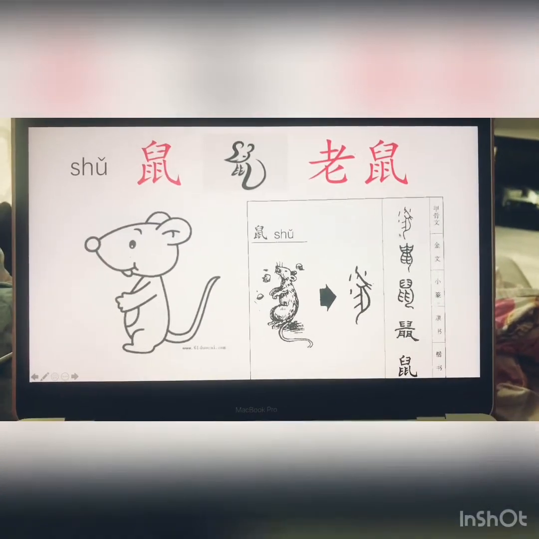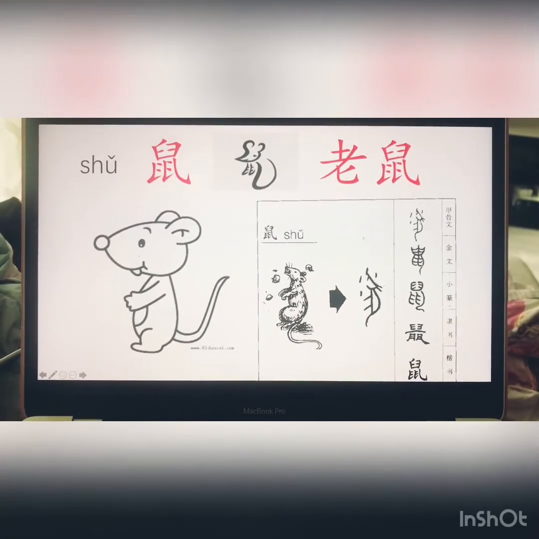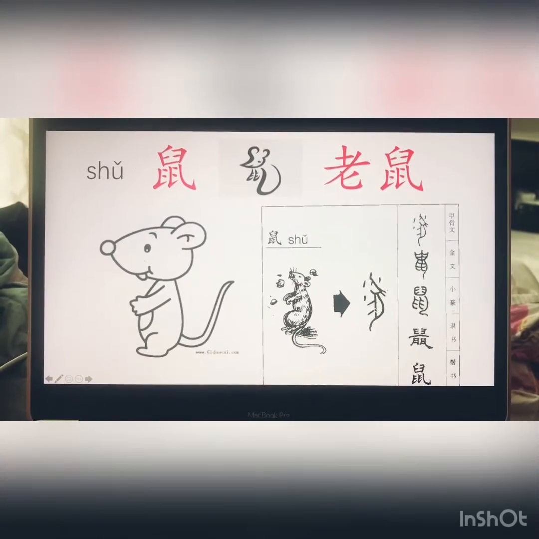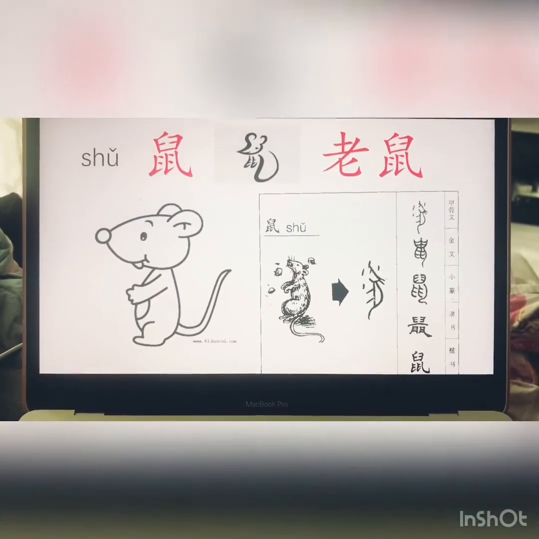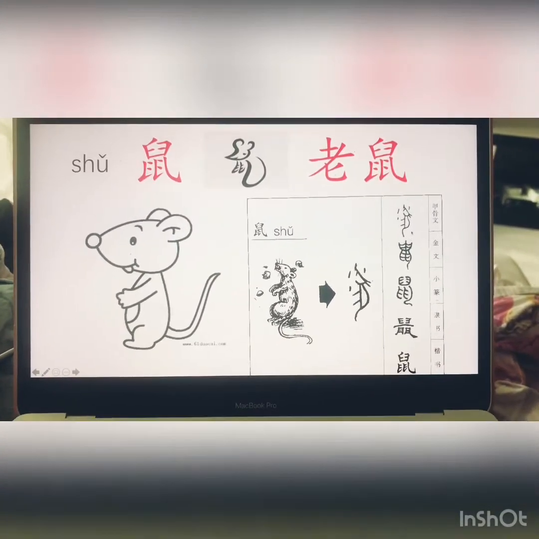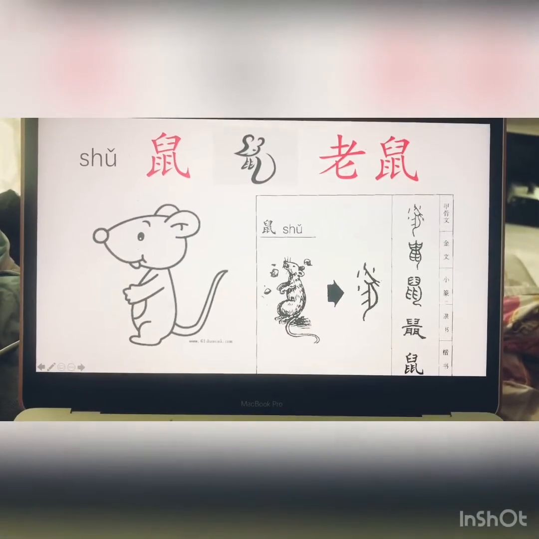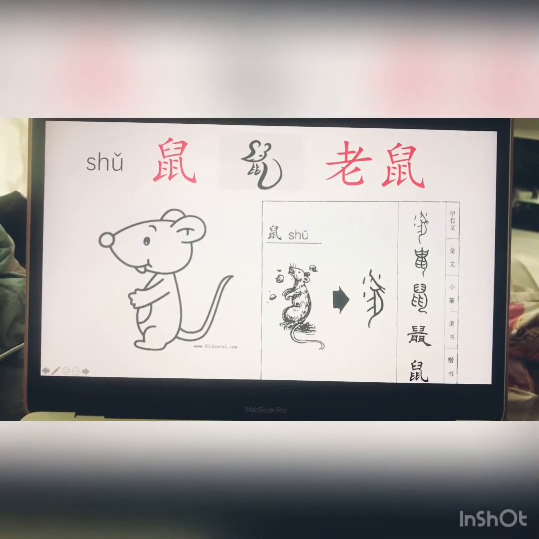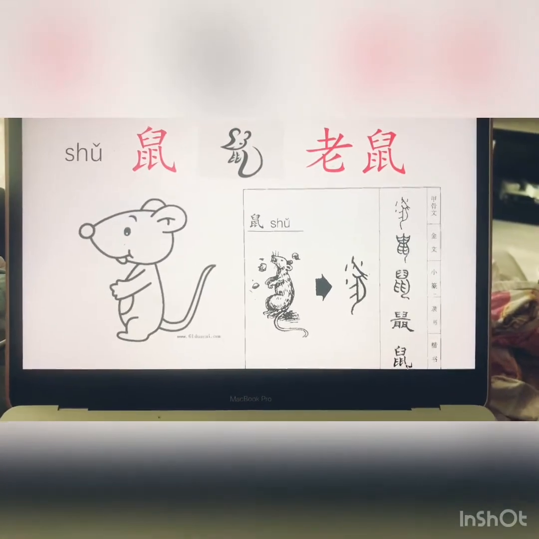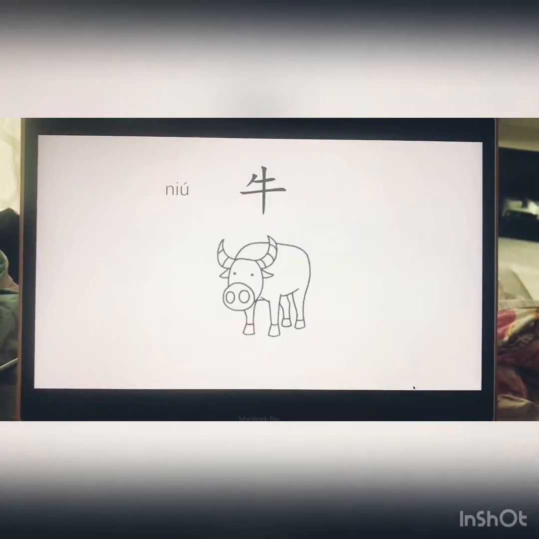So this one is the evolution of the Chinese character 鼠. At the beginning, it is like that. I know you may think it's much easier to remember, right? But life's not that easy. So after 2000 years of change, the 鼠 character went from here to here to here, and then currently it's like that. I like the current one because it looks beautiful. The old one looks like a rat and is so ugly. Okay, so 老鼠.